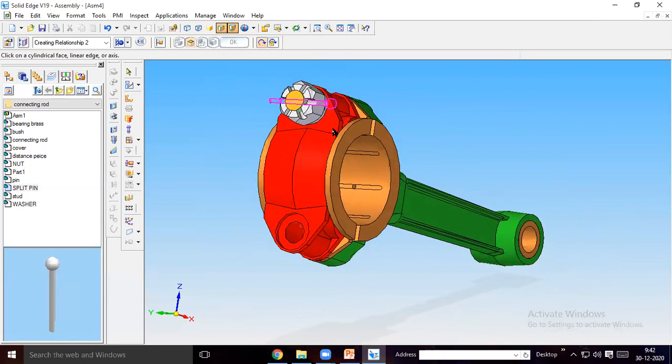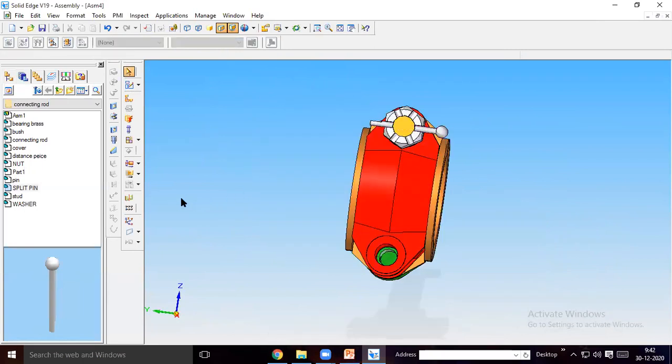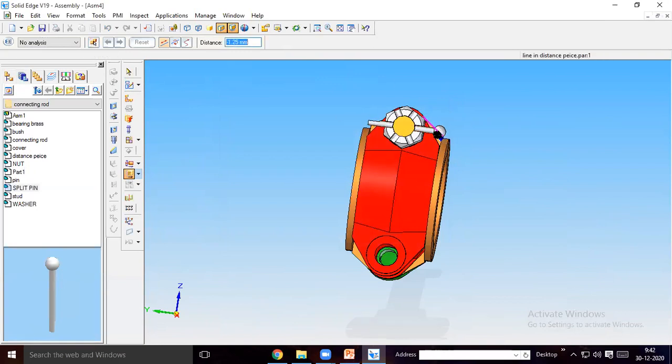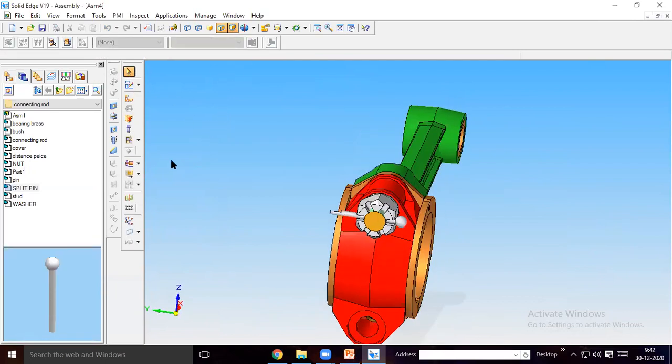Move this split pin to one end, like this. I hope everything is over now.